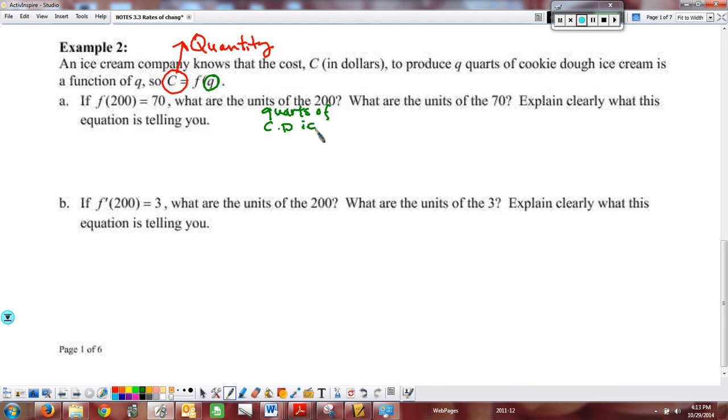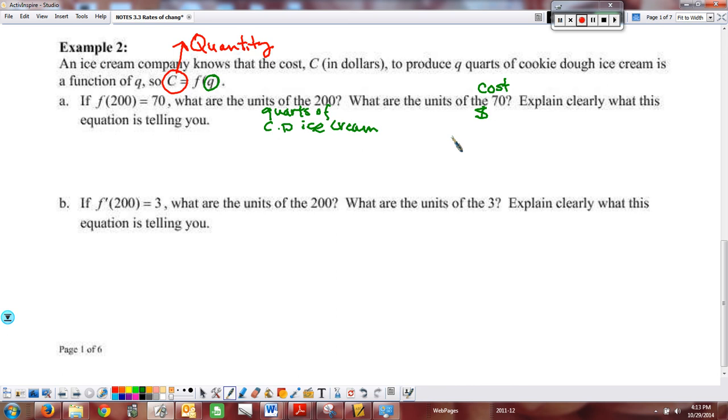Cookie dough ice cream. I will abbreviate here. Oops, can't spell. All right, and then we say, well, what are the units of 70? Since the F of 200 equals 70, this is the output, this is the quantity or the amount, which in this problem is referring to the cost in dollars. So the units of the 70 is going to be your dollars because this is referring to the cost of